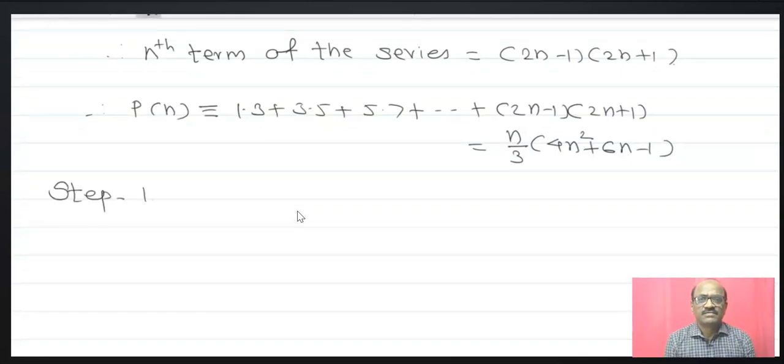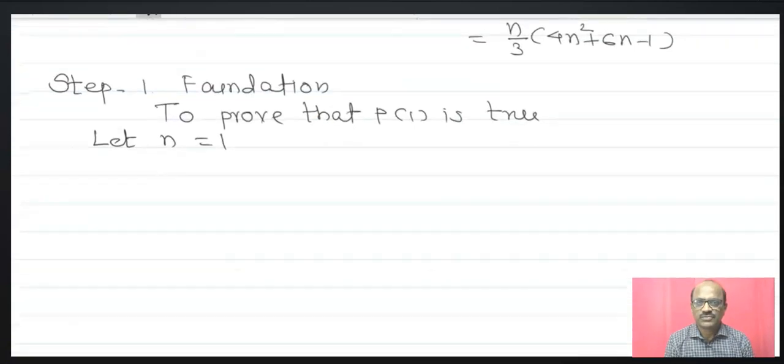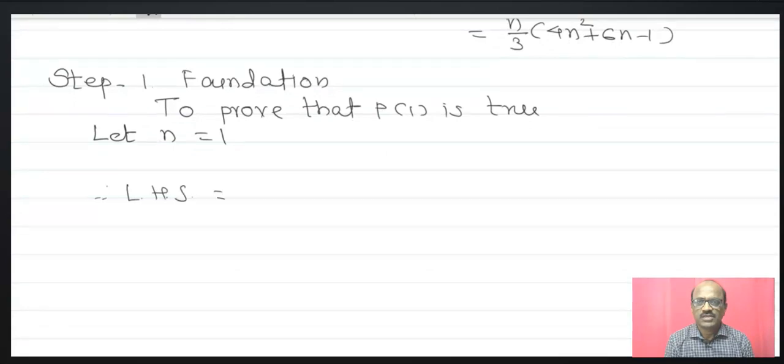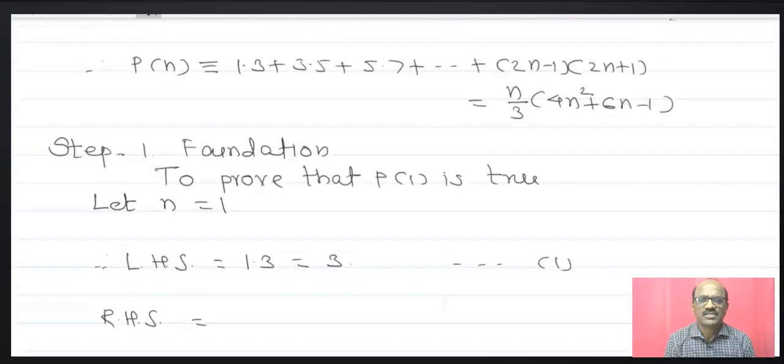Now, the first step, that is the foundation. The given result is true for n equals 1. To prove that P of 1 is true, for n equals 1, LHS is equal to 1.3, the first term, and that is equal to 3. Now the RHS,